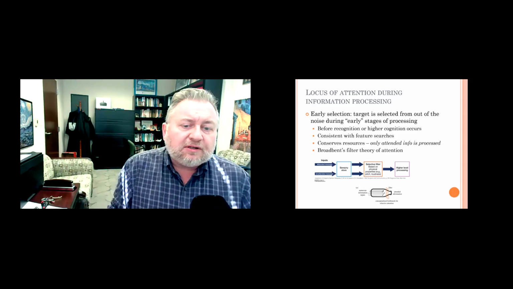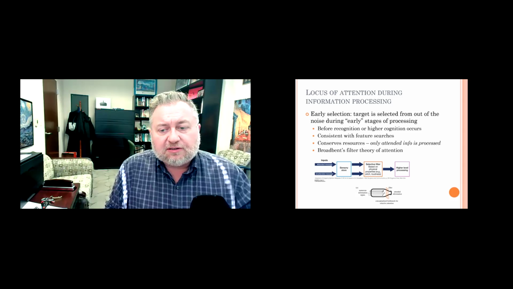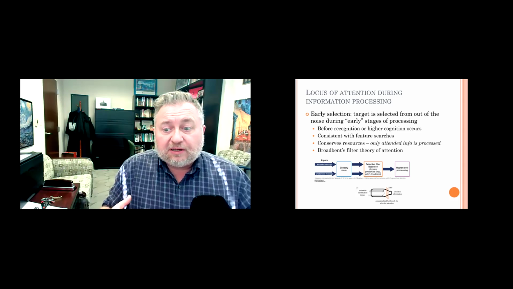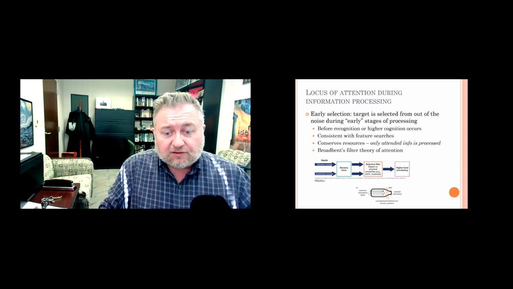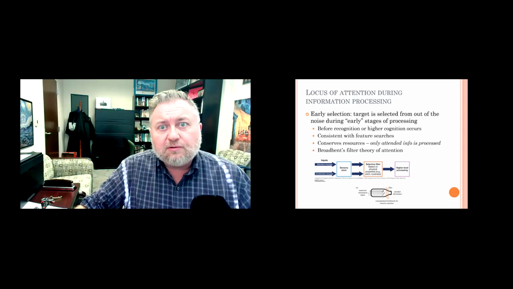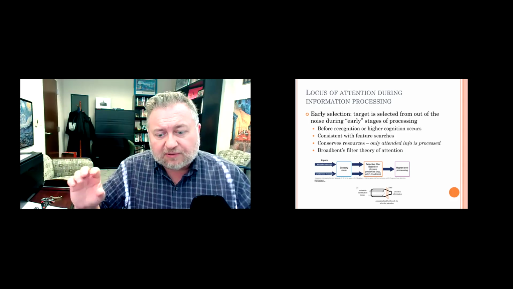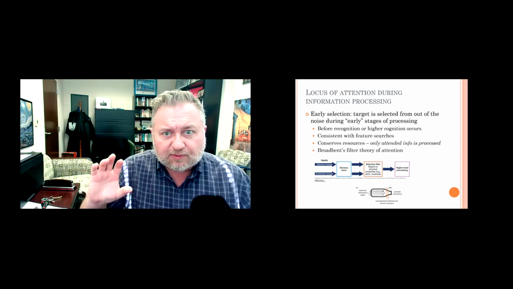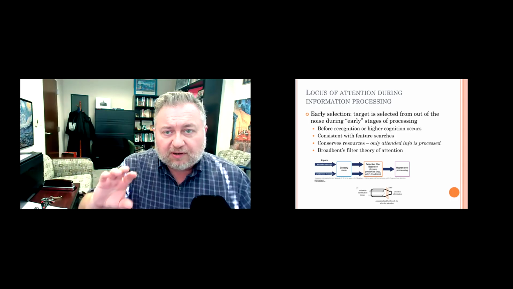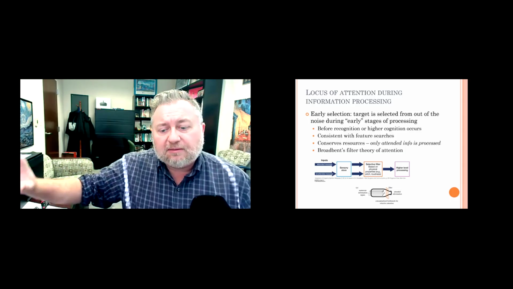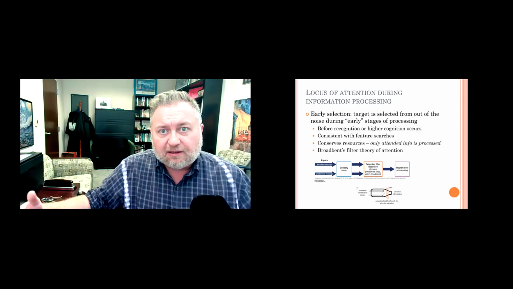Now, this makes certain predictions. It makes the prediction then that in order for any information to be processed at higher levels, we're going to have to direct our attention at it. And that's the goal of attention here, is to determine what's allowed to make it through this filter, right? And so that's what attention does, it sets parameters on the filter that says, if we're going to attend to it, it's going to pass through the filter, through the bottleneck, and make it into higher processing centers